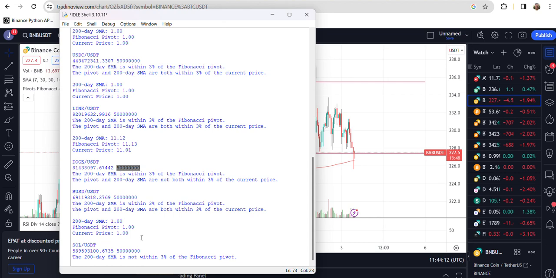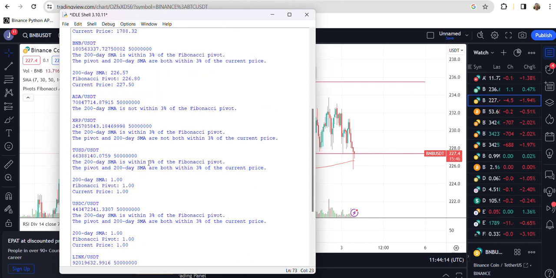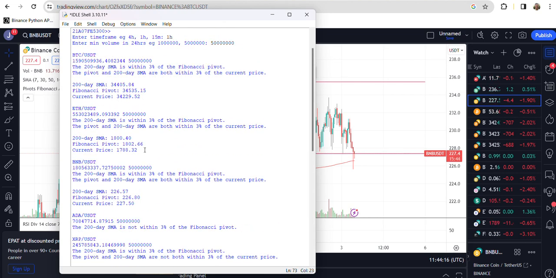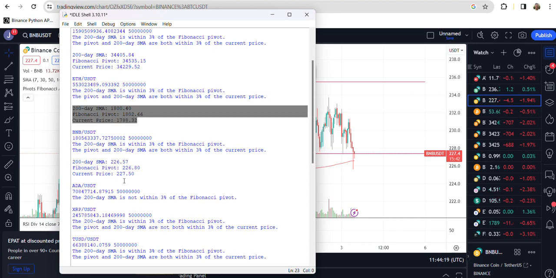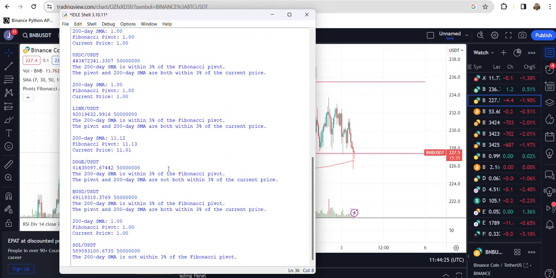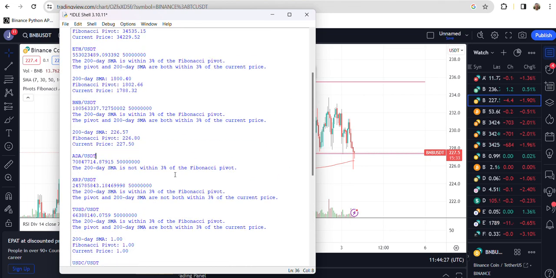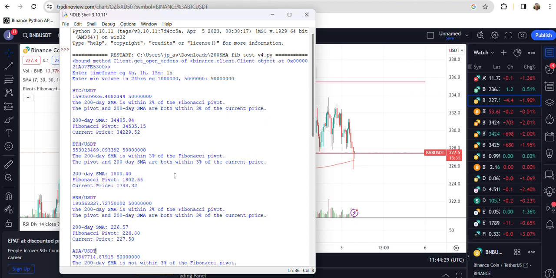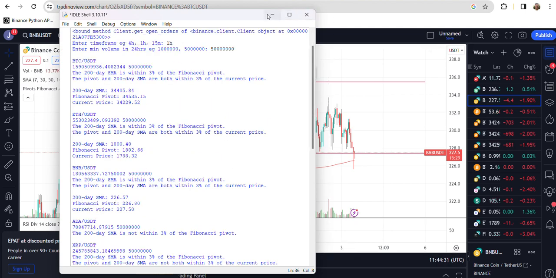For the ones within 3%, it will give you the data. The ones that are not within 3%, for example ADA, it will not give you the data. So this is a quicker way of crunching the data and seeing fairly immediately what coins are close to the pivot and the 200-day SMA.